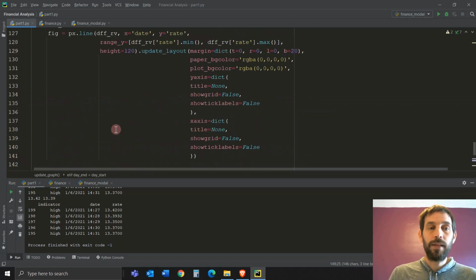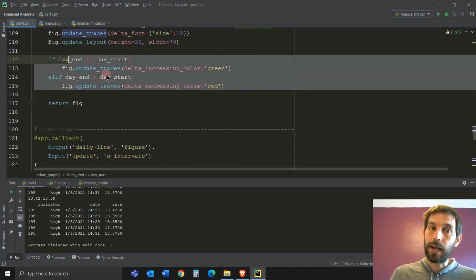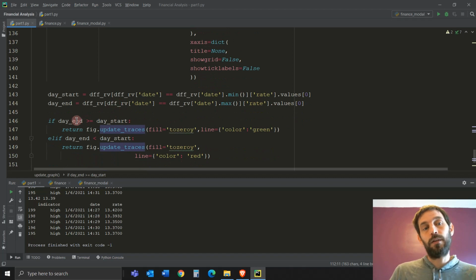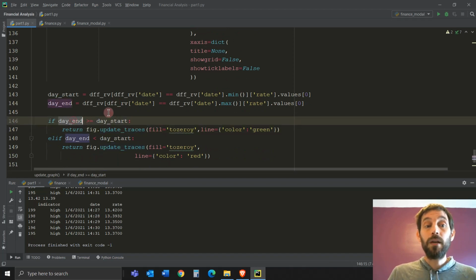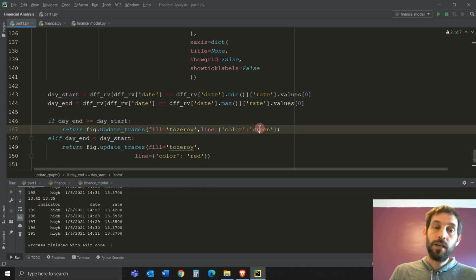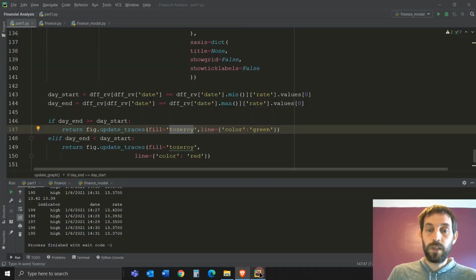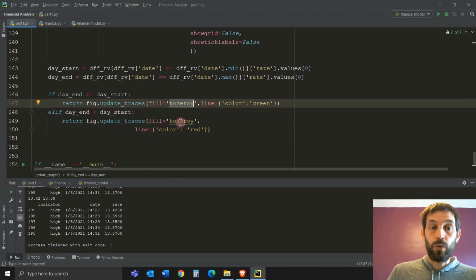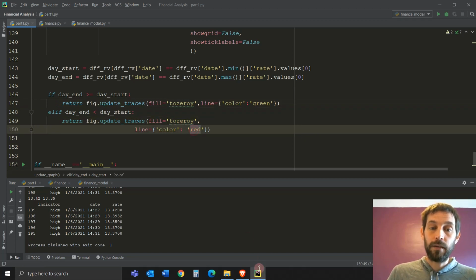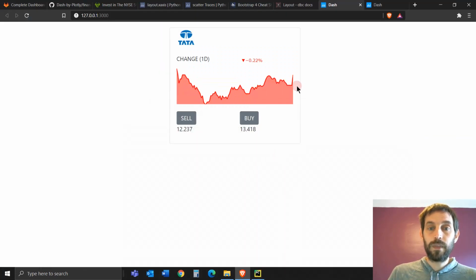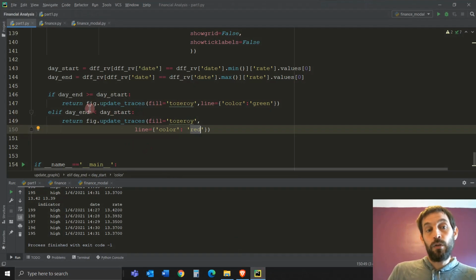This is exactly the same thing as I did above here in the first callback. I compare and I say if the stock price at the end of the day is bigger or equal to the stock price at the beginning of the day, let's make the line color green and let's fill it with this kind of filling right here, right underneath the line in green. If the stock price at the end of the day is lower than the beginning of the day, then the line will have the same filling and the line is going to be red, right? The line is going to be red like this. And you do this by returning